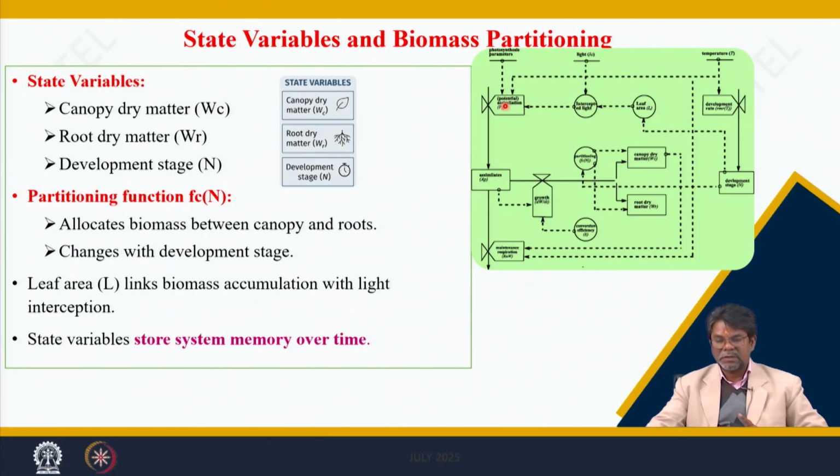The amount lost from the amount accumulated; the final assimilate is not accumulated, so it is immediately converted to dry weight tissue. How much conversion? This is the conversion efficiency, E: (Pg minus Rm) into W, the assimilates minus Rmw, times the conversion efficiency, gives the dry weight growth rate, in grams per meter square per hour. That is then partitioned to the canopy dry weight or the root dry weight.